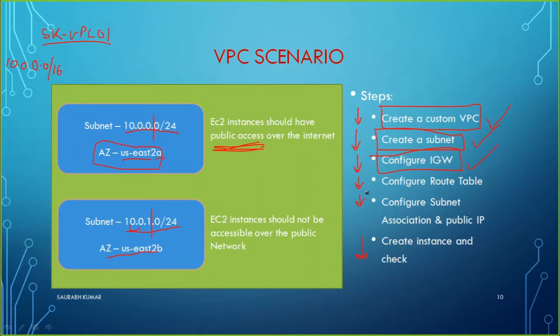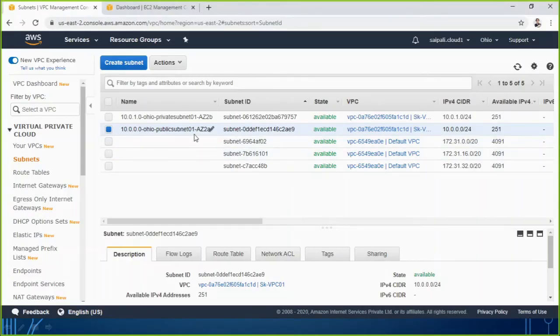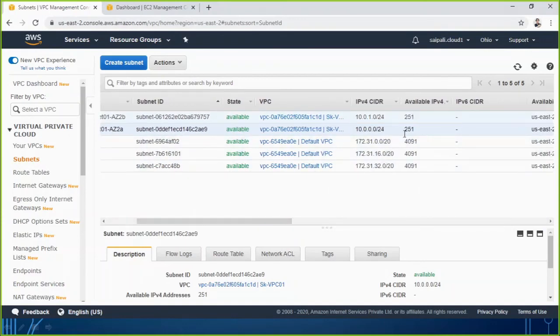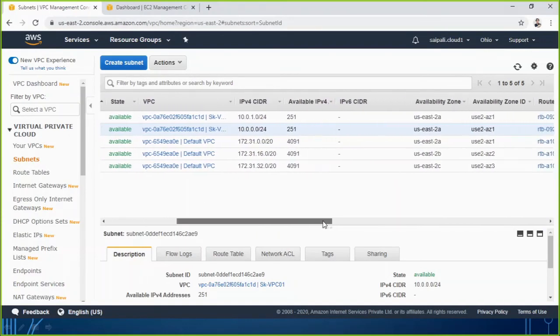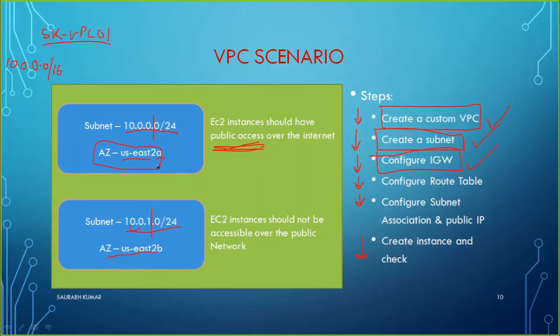One more thing, let's try to verify that when I created the second subnet, we have given the name availability zone 2B, but have we really checked which particular availability zone we have created it with? Let me verify once again. So this one, in which availability zone we have created, by mistake I forgot to change it, so you see it is also in the same availability zone. So just to fulfill our condition, otherwise I haven't done any mistake.